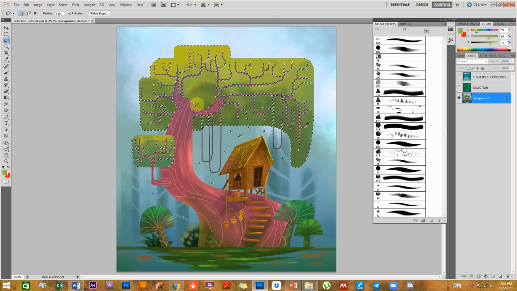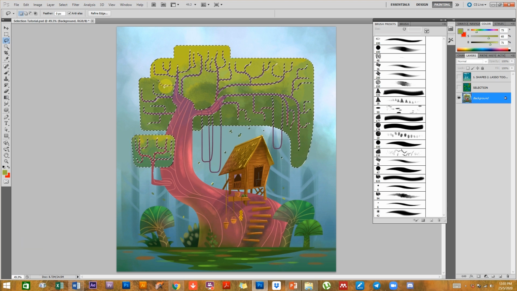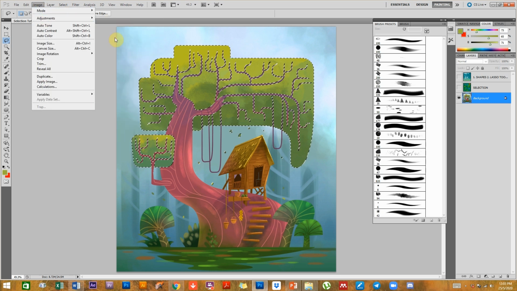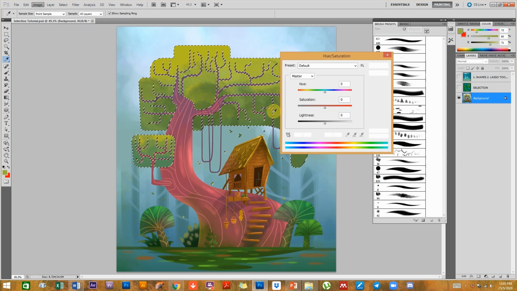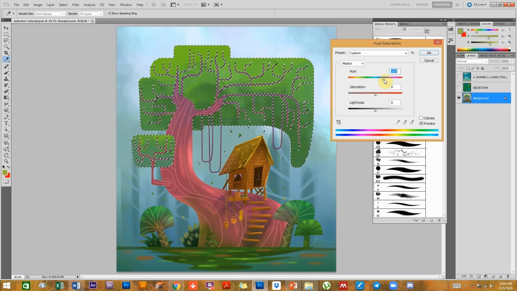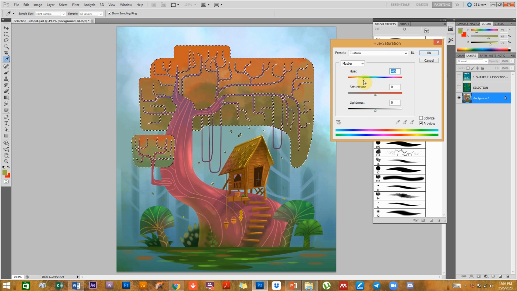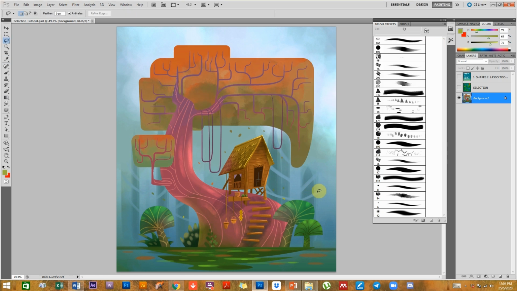And voila, all you have selected now are the leaves in the tree, right? And you go to image and you want to change the color. You can change the hue and saturation to, I don't know, probably you want to make it like autumn. Well, it's a tropical rainforest, so it wouldn't have autumn, but you want to change it to something different, you can. All right. So yeah, we've covered a lot of these tools, and